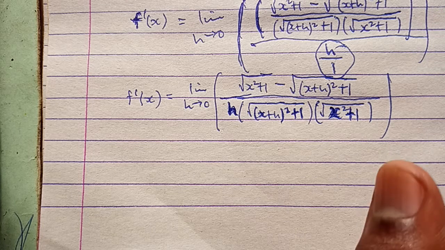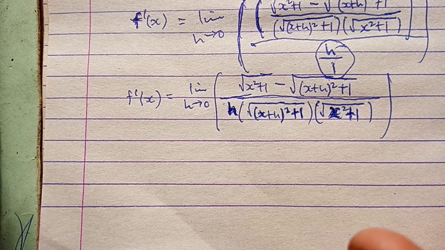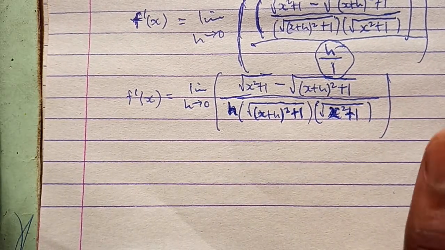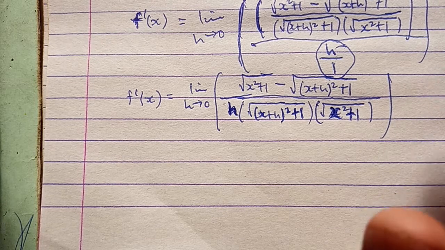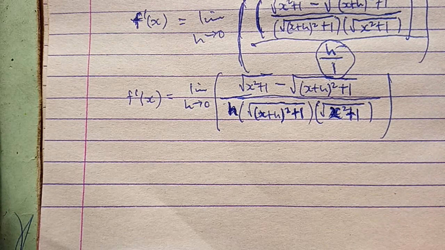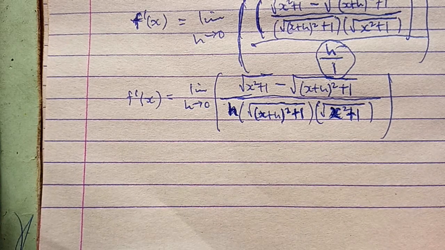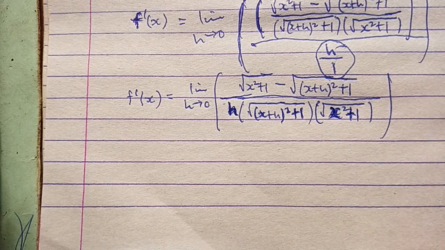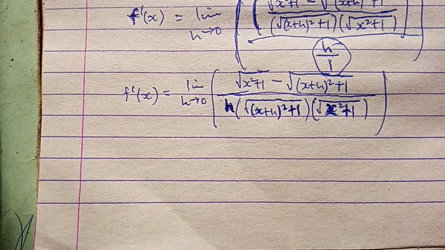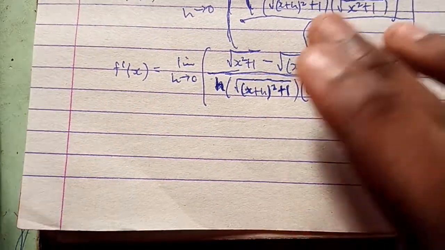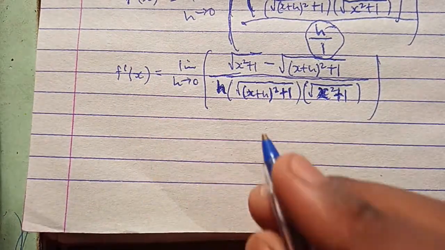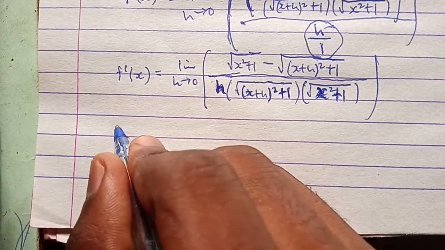I explained to you why we are doing so, but I didn't tell you why we multiply by the numerator and the denominator. We do so because in doing so, you will not change anything in the function. That is, when you take the conjugate at the numerator over the conjugate at the denominator, you will still get 1. And then 1 times the whole expression will still be the same. That means that we've done nothing to the expression, but we are just manipulating it to get a suitable one. So moving forward, we'll have that to be equal to